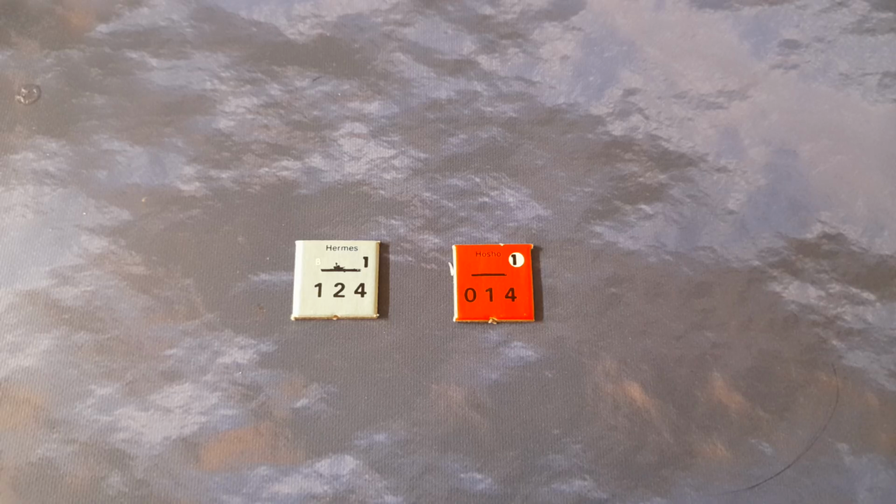So, relative to the other ships in the game, which are capable of these sorts of speeds, it's a bit of a tricky one because the slower Japanese battleships and the old British Revenge class, the Royal Sovereigns, they're rated with a speed of 4 as well. I certainly agree that Hosho and Hermes should have equivalent speed ratings. There's no doubt about that. But I wonder whether maybe both of them should be a 5 rather than a 4. I think the game's been very slightly unkind to them on the speed front there, because certainly